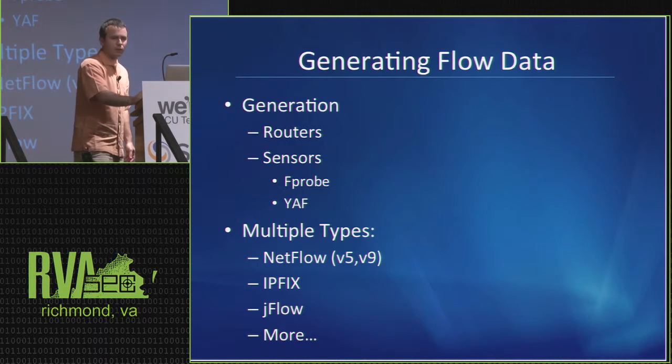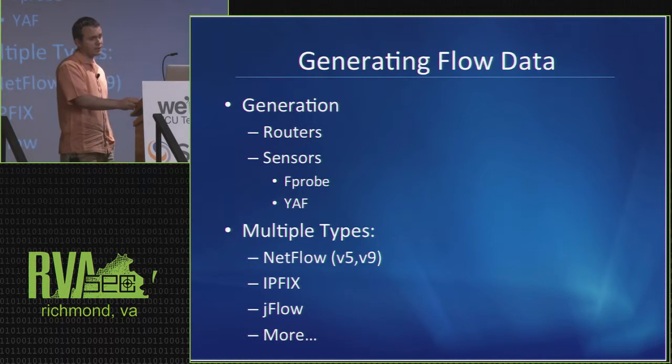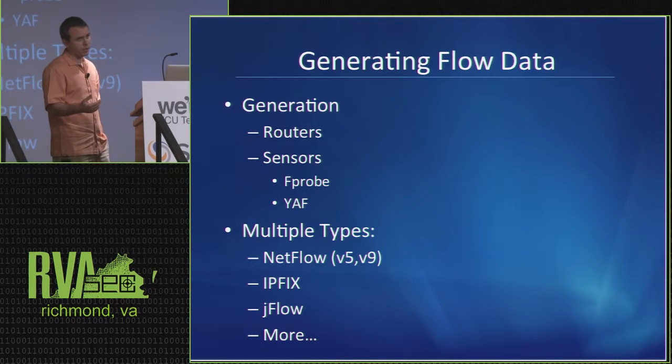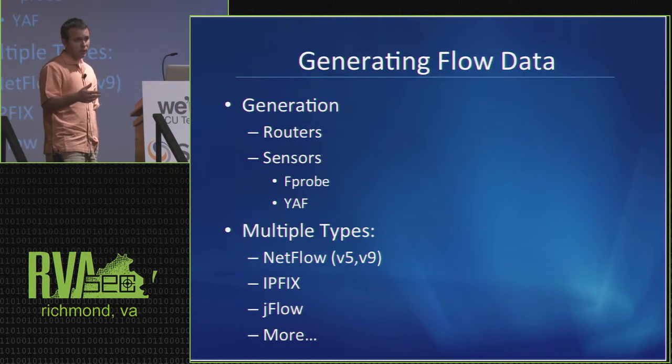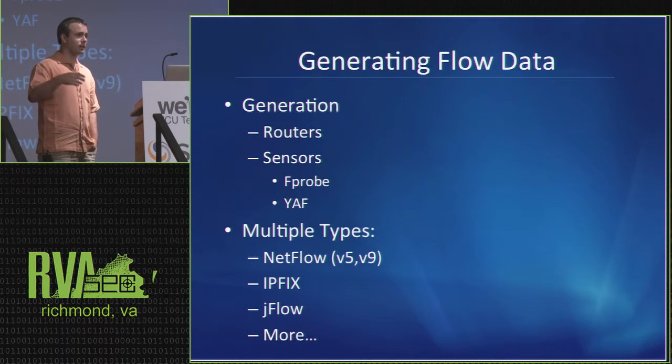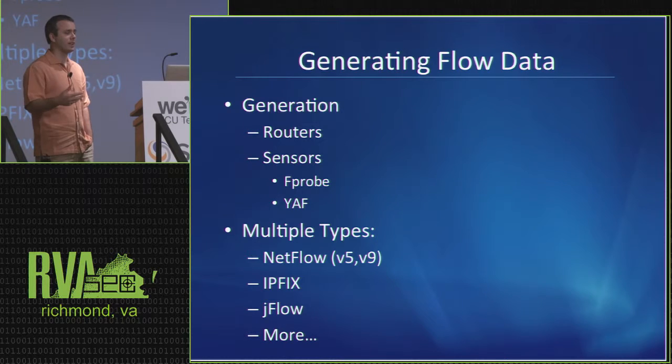So, generating flow data, again, is pretty easy, and there are multiple ways to do it. You can do it from hardware devices, or you can generate flow data in software, which is what I always recommend to people if they have the ability to do so. SOCs, a lot of times, will have some sort of network tap or port mirror that they're getting their data off of and generating PCAP from. Well, if you're in that situation, there's literally no reason why you can't generate flow data on your own